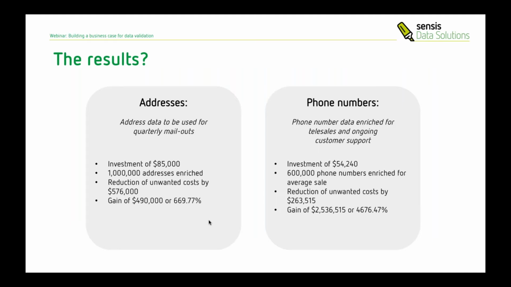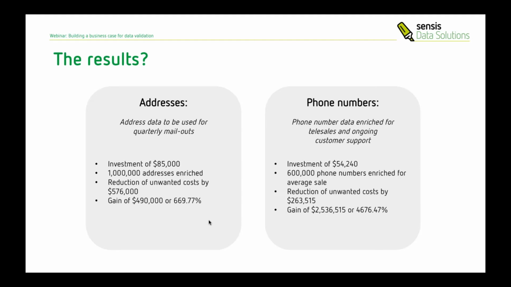Okay, by using our ROI calculator, we've been able to determine the following: by enriching 1 million addresses for a quarterly mail out with an investment of $85,000, Census have been able to reduce their unwanted costs by $576,000 with a gain of $490,000 or